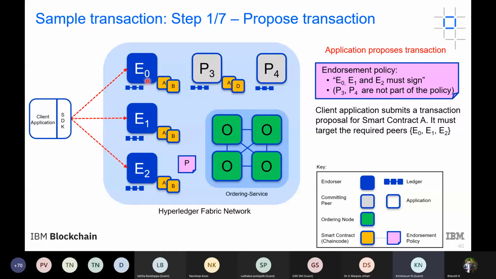Consider your WhatsApp groups. You have so many groups: your family group, your friends group, your office colleagues group. The discussions you carry out in each group are different, and you typically want to segregate these discussions, right? You don't want to put some family discussion onto your friends group and so on. So these are logical partitions. Exactly similar to that, in Hyperledger Fabric we have something called a channel. Each channel represents one logical